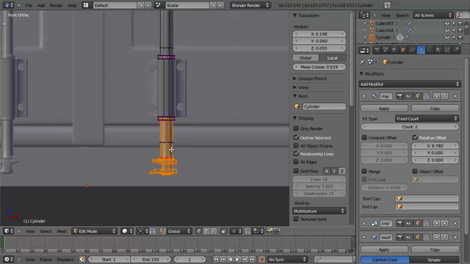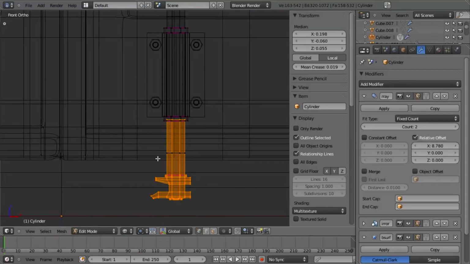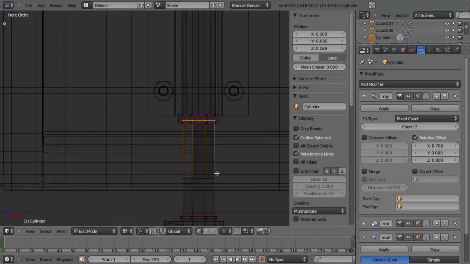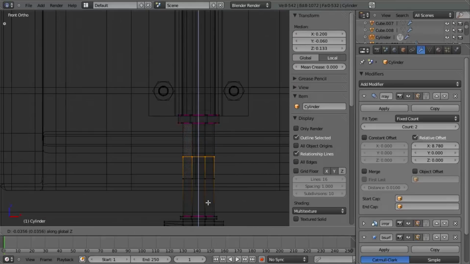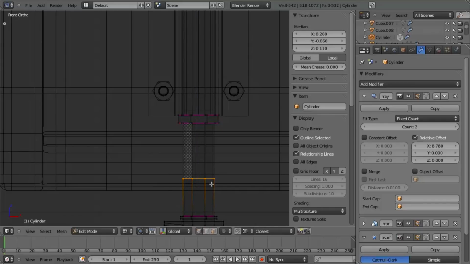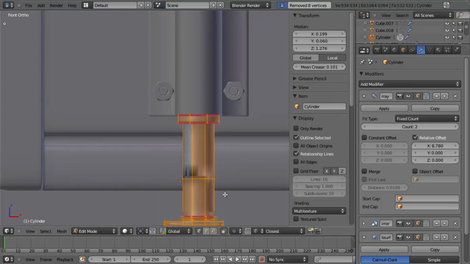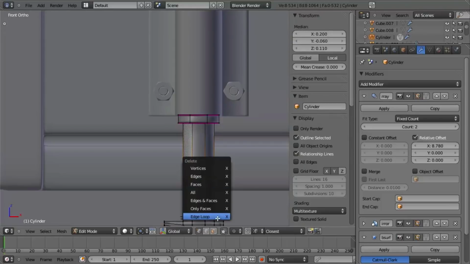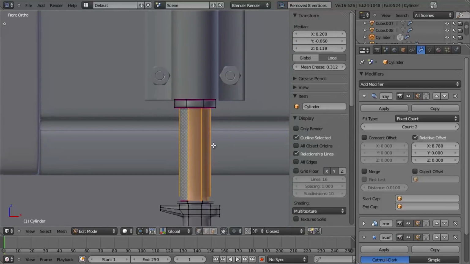Yeah, that looks good. And so then I can hit Z, go into wireframe mode, B, deselect that, and then G, Z. Oops, just snap this down to here, but I need to snap in a vertex snap. So Control Shift Tab, vertex, G, Z, snap right there with Control, select everything, W, and remove doubles. Control N to remove the blackness. And actually, this edge loop doesn't even need to be here, so let's hit X, delete edge loop,